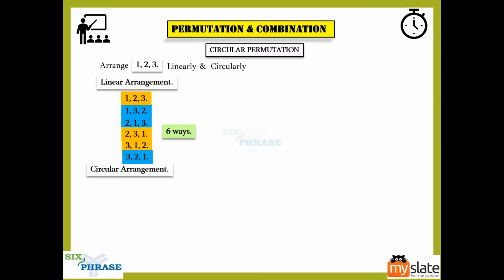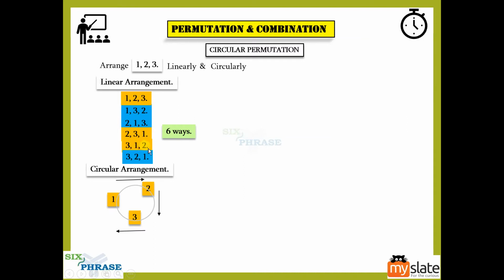Now why do I have these two colors? Each color represents each circular arrangement. So first let's take 1, 2, 3 and do it in the clockwise direction. We'll just have to take only one direction, right? So in one direction what you have is 1, 2, 3, and starting with 2, clockwise, we'll have 3 and 1. So 2, 3, 1 is marked in gray, orange, and starting with 3 we have 3, 1, 2.